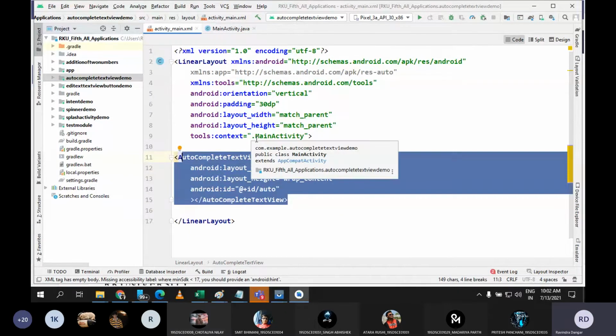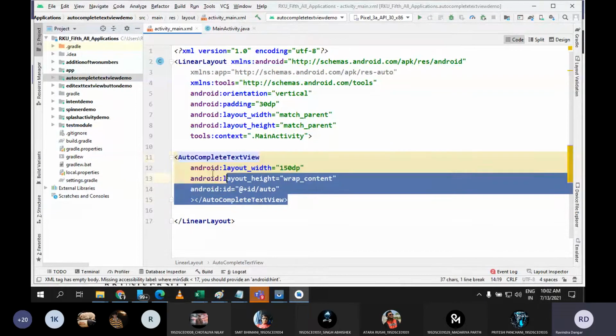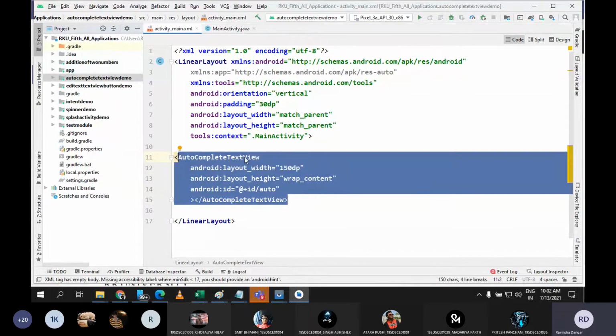But if you want something, let's say you want one button, whatever item you select should be there inside the autocomplete text view, and by clicking on the button you want to do something, in that case you need other controls. But here, my task is once I write certain characters inside the autocomplete text view, it will give the suggestions automatically. There are a few properties inside this only that we are going to discuss, and from that suggestion, whatever item you select, I want to create a toast message for that. So for that, I don't need any extra controls. Are you getting me? Yes, sir. Yeah, great.